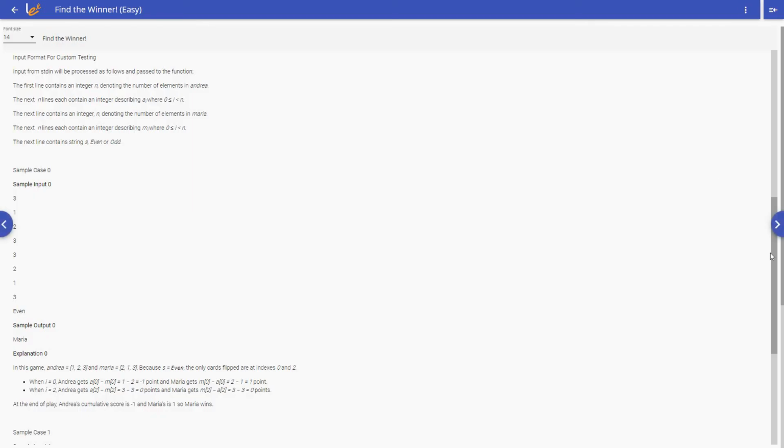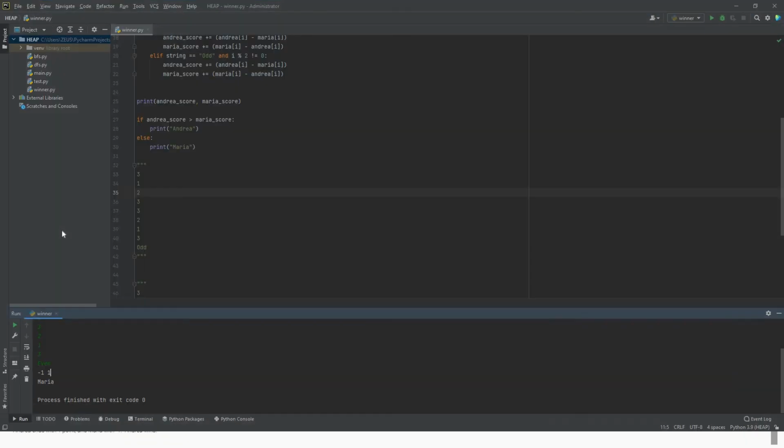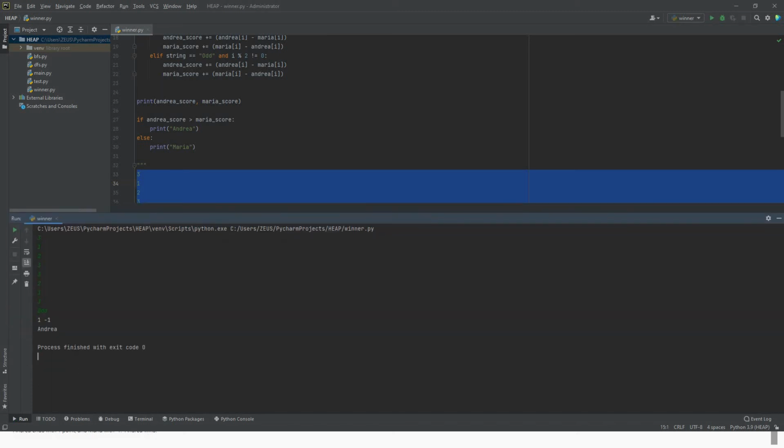We can also check the input number 2, which is 3123 and 3213, where the value is odd. So in that case, Andre would get +1 and Maria -1. So this is the value. As you can see, Andre's score is +1 and Maria's is -1, which is the expected output,